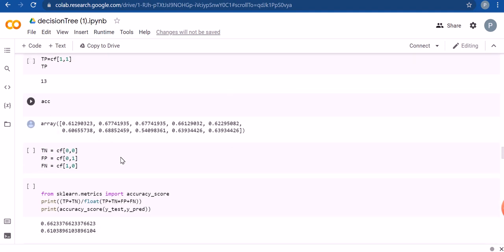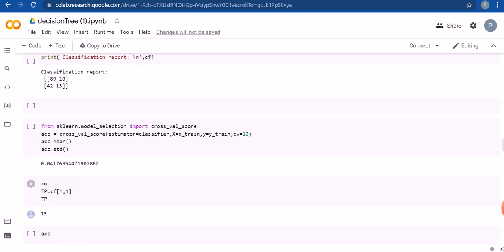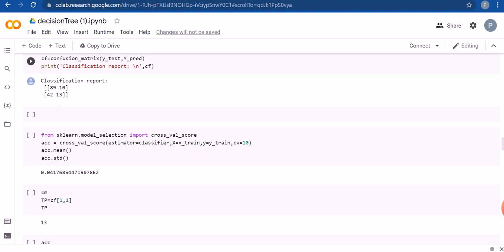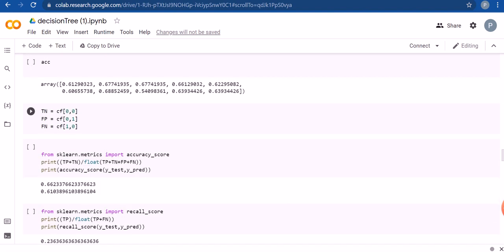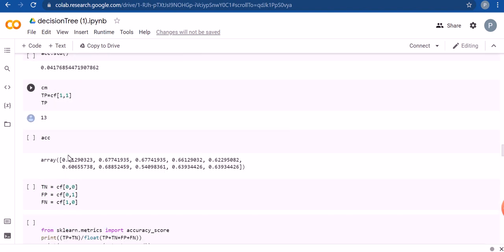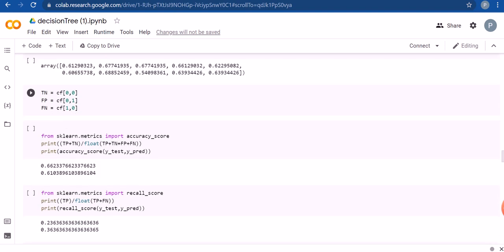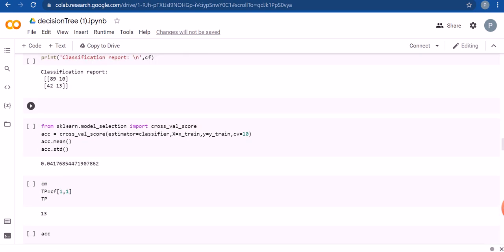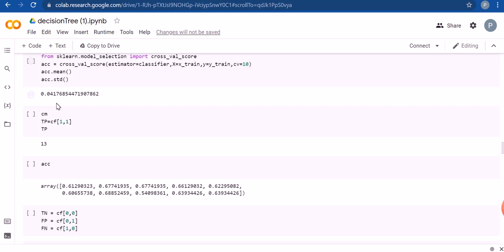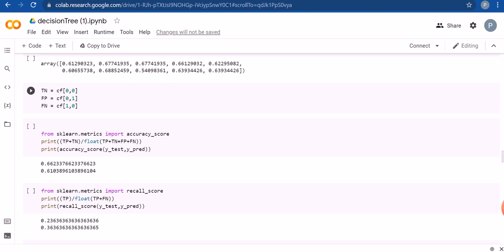The accuracy for the values is represented over here. The true negative value is [0,0], that is 89 represents true negative. The false positive is [0,1]. So [1,0], which is 42, represents the false negative values.